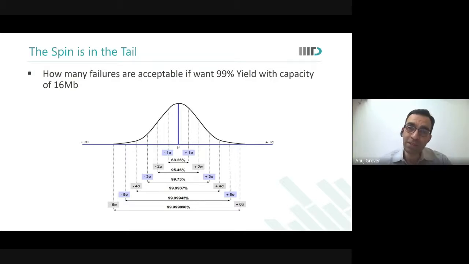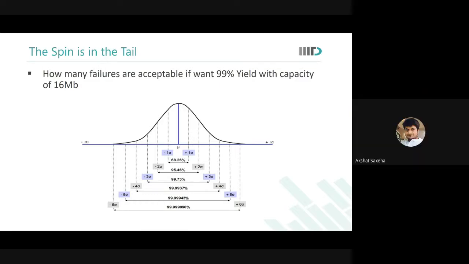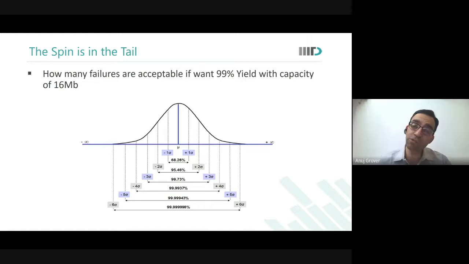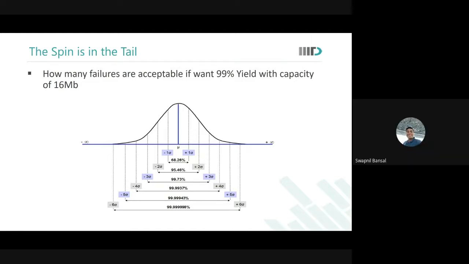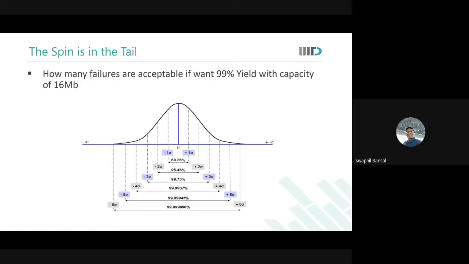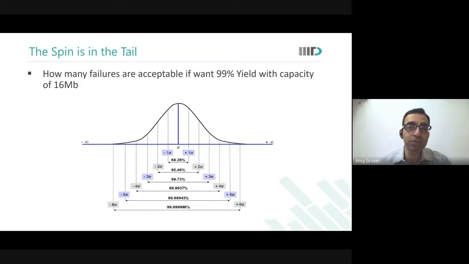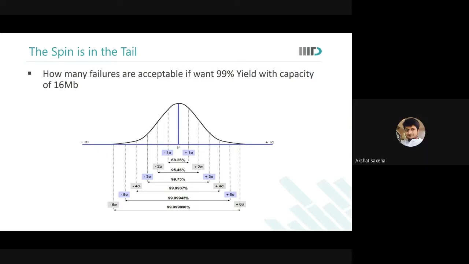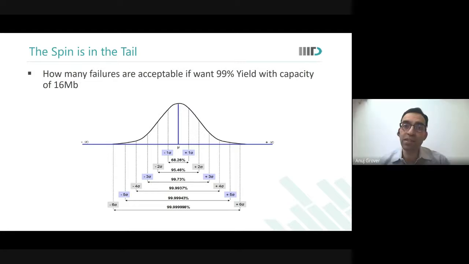What does fail mean? Will every cell fail? No. Which cell will fail? The slowest one. I mean, the worst case one. In this distribution, the cell which is farther away from mean. Something which is 4, 5, 6 sigma away. So which cell will fail first? 6 sigma cell or 5 sigma cell? 6 sigma cell. Okay. Now I say that I need to go to only 5 sigma.